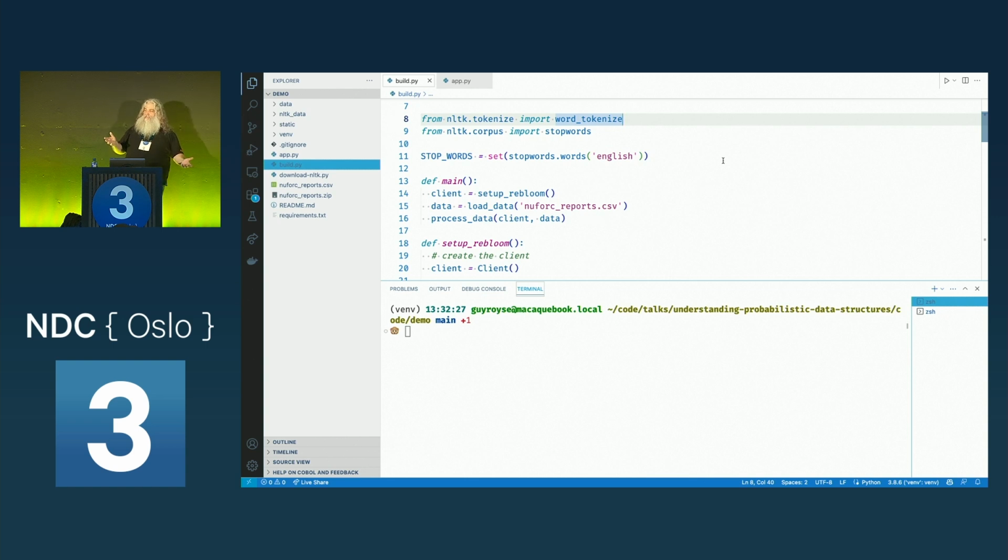Ultimately, I'm using Redis to do the top K stuff, and so I parse this out. I run it through NLTK to get rid of common words in English, so it's not like a, and, the are the most common words used in UFO sightings. And I remove any numbers and stuff like that. And then I start adding them to 2 top K structures, one for the shapes and one for the words that are used in the sightings.